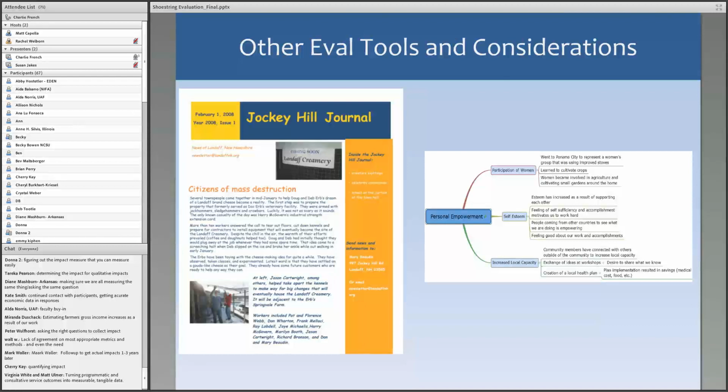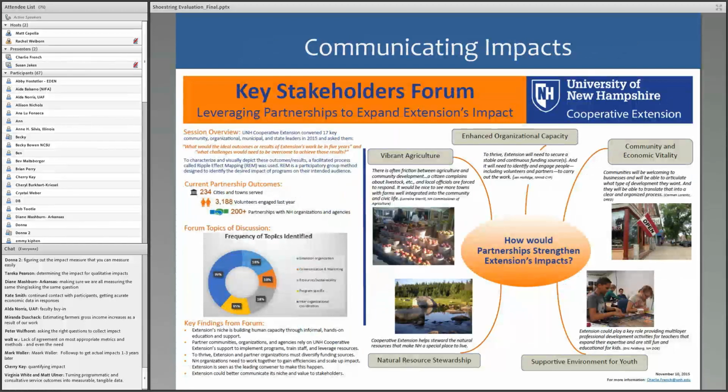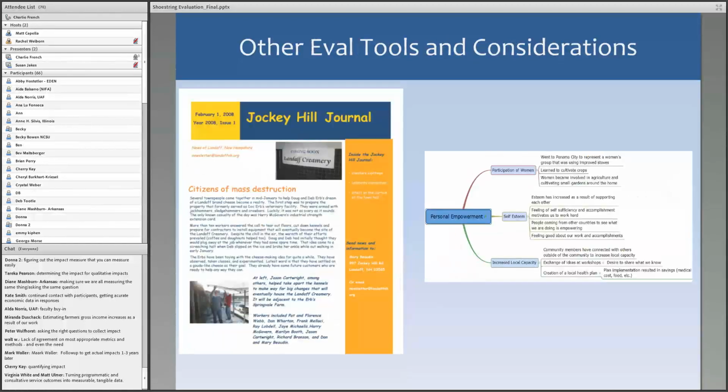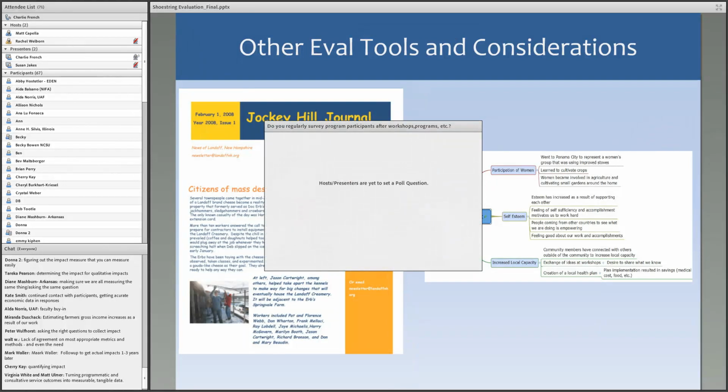So, all right, we're going to switch gears a little bit again. Actually, before we get to marketing, Rachel, if you could, we wanted to make this interactive, and I probably should have done this earlier, but we have a polling question that we wanted to put out to you. That polling question is, do you use surveys to collect information after workshops and programs? So if you folks could just complete this. This is just to give us a sense of what level of evaluation you folks are doing.